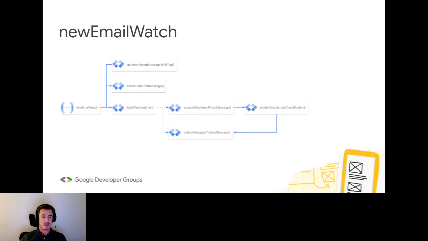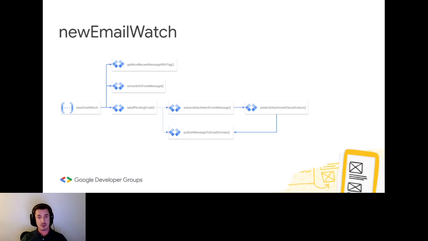So first things first, like we mentioned, we have the new email watch. We got that one started. We get the most recent message with a tag, by utilizing the details that were published to Pub/Sub. The Gmail API will send a message to Pub/Sub, and there will be a tag there as well.